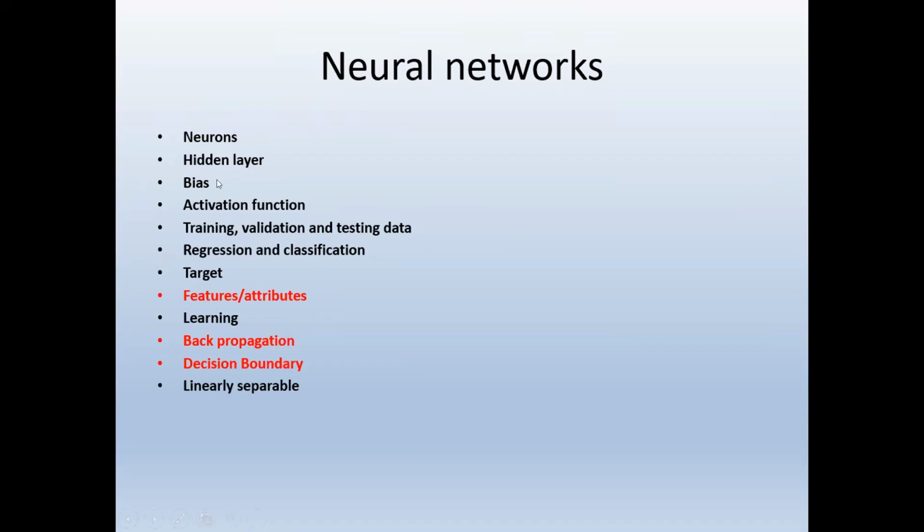The bias is a kind of extra energy we give to the network so that the output can come to our desired level. The activation function is a function which maps the input signal into an output level. Maybe these terminologies are more correlated with the neural network. The remaining terminologies, I think you might know about: training, validation, and testing.